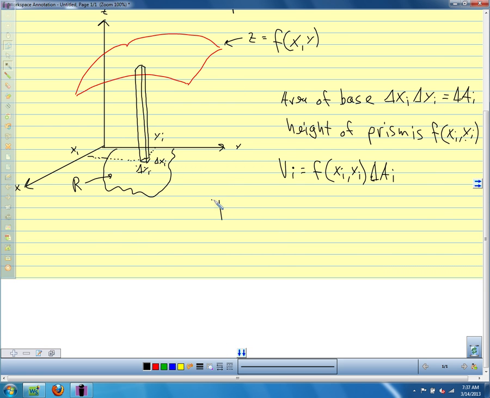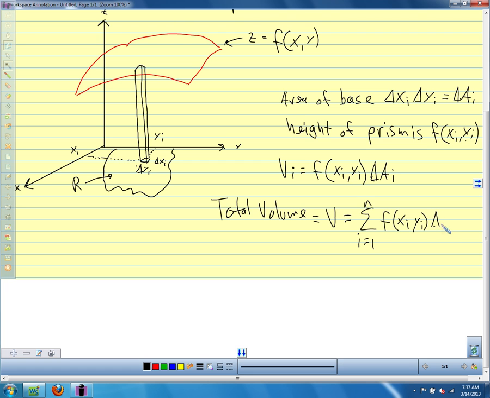So the total volume is going to be the sum for i equals 1 to n, however many little pieces we're dividing our region into, of f of x sub i, y sub i,